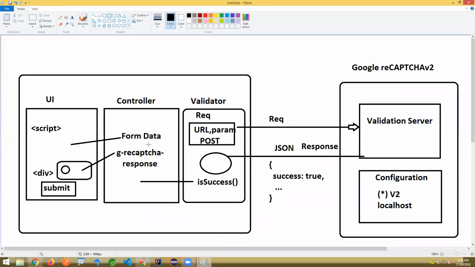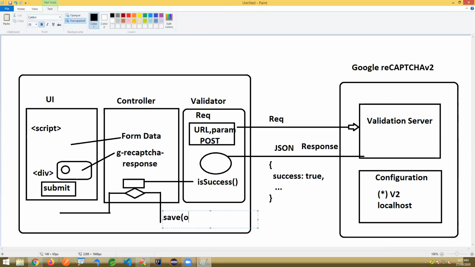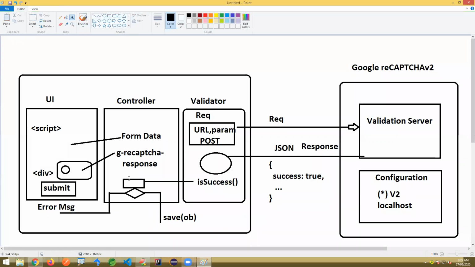And this controller is taking some decision here. Do we need to insert the data, or do we need to send this back to the form UI only? It will take some decision. On success, that is, insert the data in the database, whatever the object form data you got, or else just come back to the UI again and display the error message. So whether it is success or not, it is going to take a decision here and perform one operation. This is the flow.